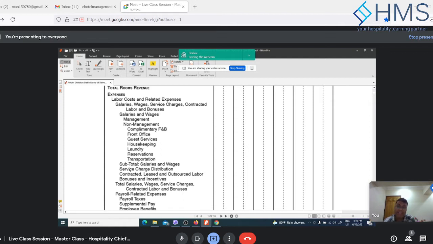Then there is the contract, leased and outsourced labor. This is contract labor which is not processed through the payroll system of the hotel, but is a part of a contract. For example, you have security contracts. In the security contract, you may say that the person is going to come, and the company will be providing the materials, i.e. the wands, the uniforms, the walkthrough machines, or whatever equipment related to security is going to be provided by the security company. But the whole contract will not go as a part of your labor cost.